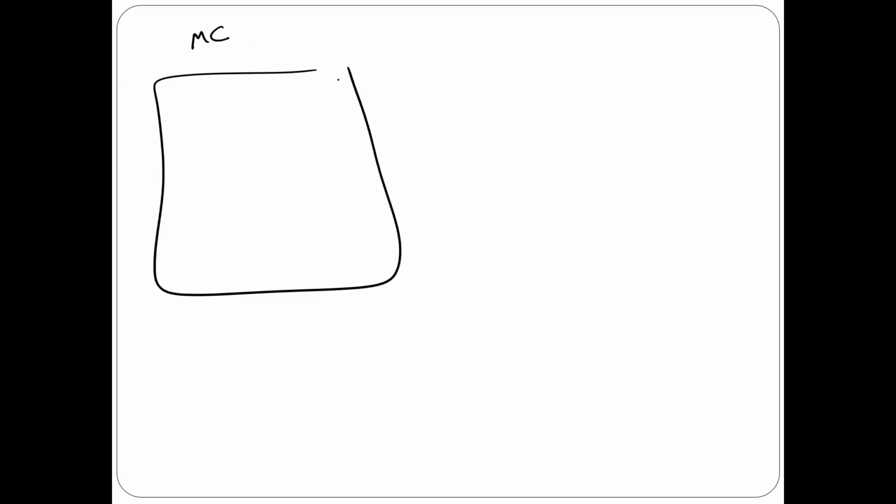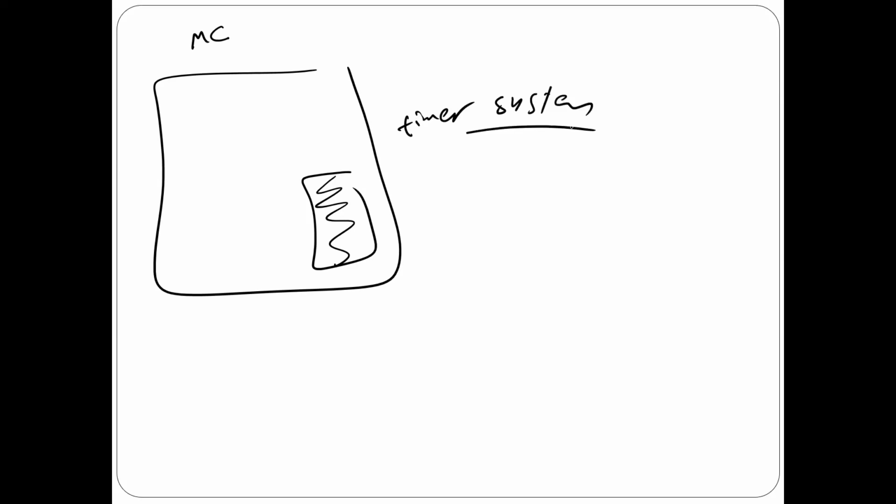So as I told you last time, guys, we have here a microcontroller. Inside the microcontroller, we have a circuit. This circuit, we call it the timer system. And I told you before, the main idea is that we have a computer system here. So we have microprocessor, RAM, input, output. This is a computer system.